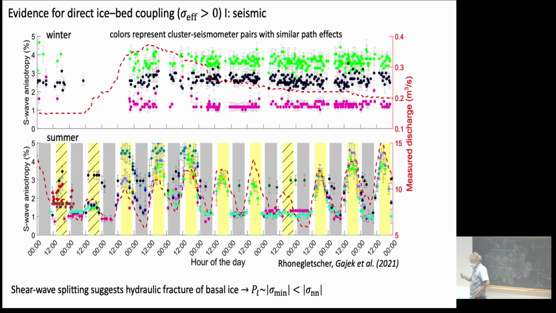Okay. So, I said that I think that the engineering effective stress is non-zero in some places, and here's my evidence. Lovely set of data. It looks very complicated. This is shear wave anisotropy data. We don't need to know what that means, except that, well, we do need to know what it means. It means the difference between a certain variety of seismic wave traveling in one direction versus having polarization that's going in a different direction. There are lots of different sources of anisotropy, but you see that the dots here are color-coded, and the seismologists have become very, very clever at figuring out